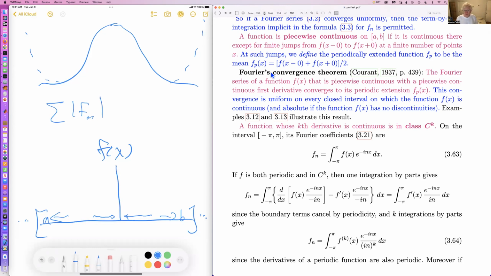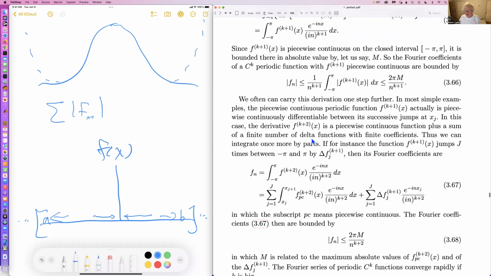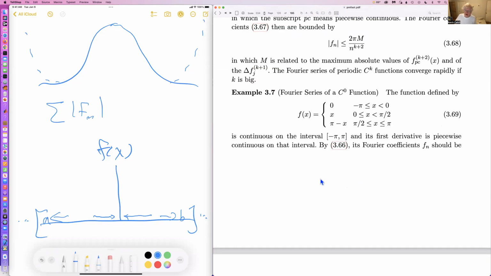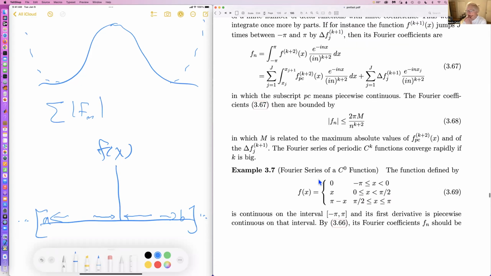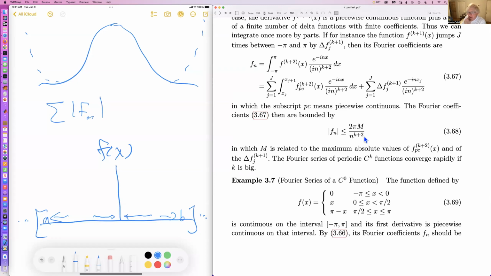And it's also true that the convergence is uniform on every closed interval on which the function is continuous. And the convergence is absolute if the function has no discontinuities at all. And the examples will illustrate this. What I did, to tell you the truth, is that when I did the examples in this chapter, I noticed that the convergence was greater than one would have thought. In other words,